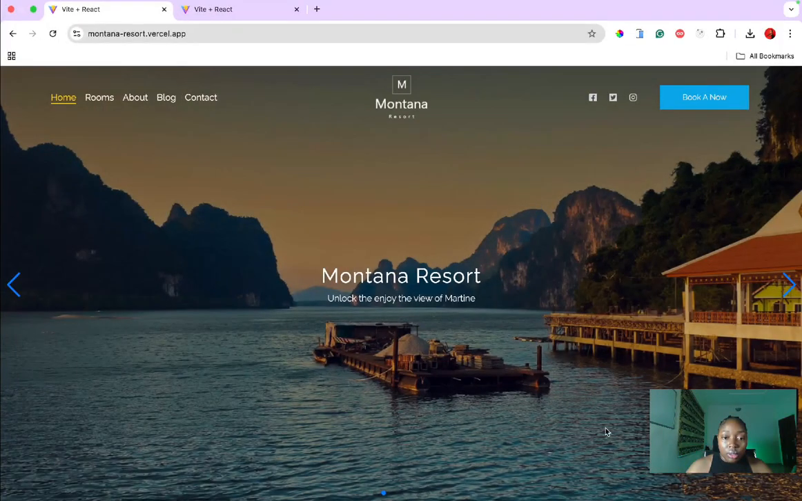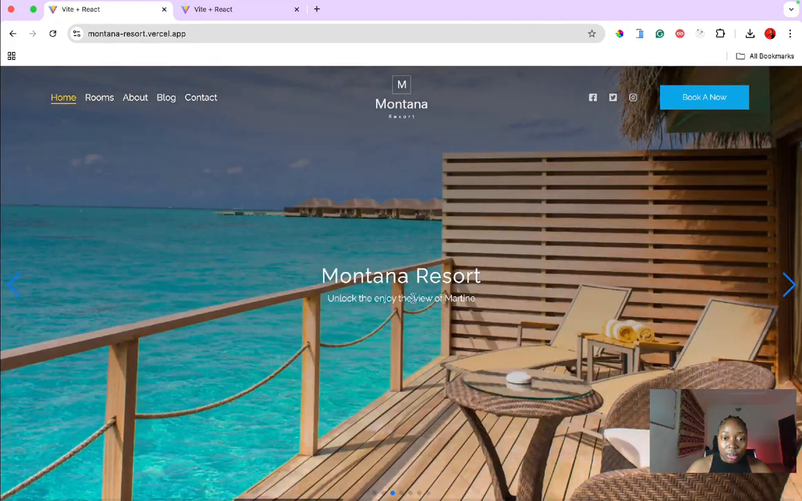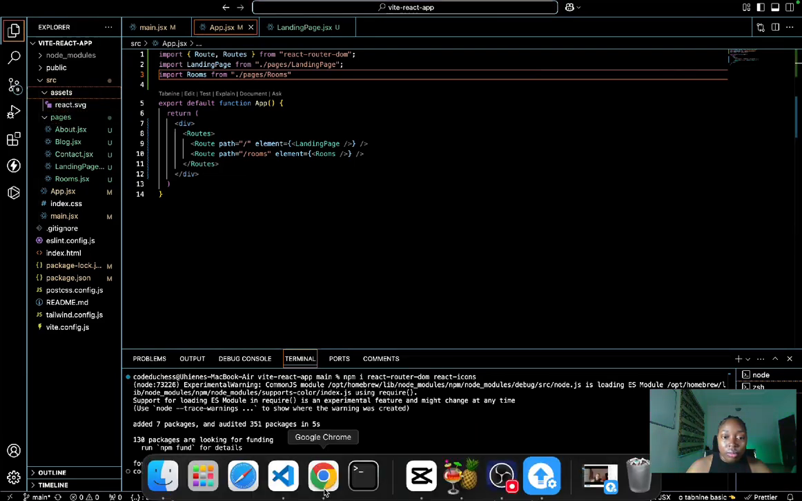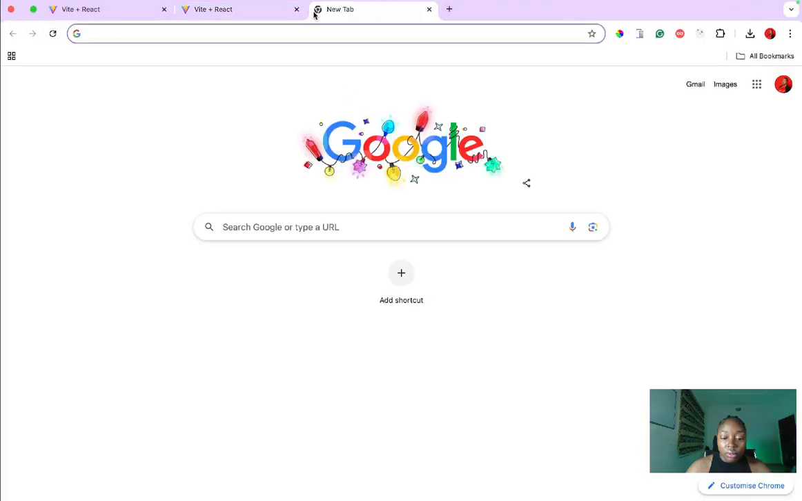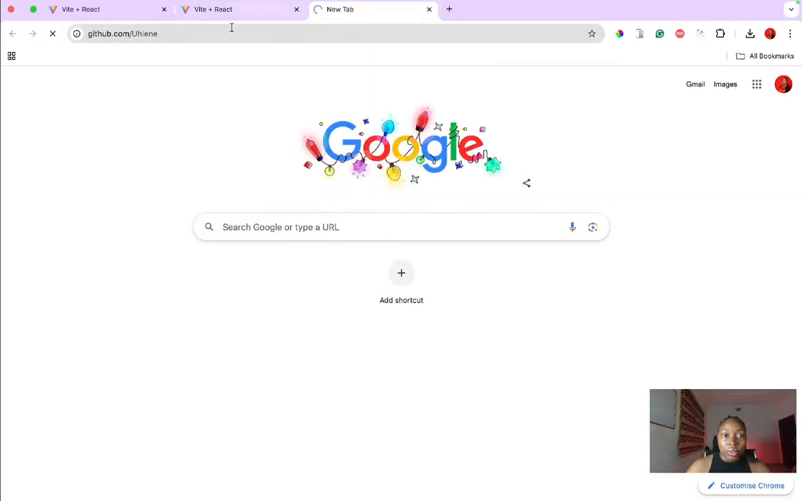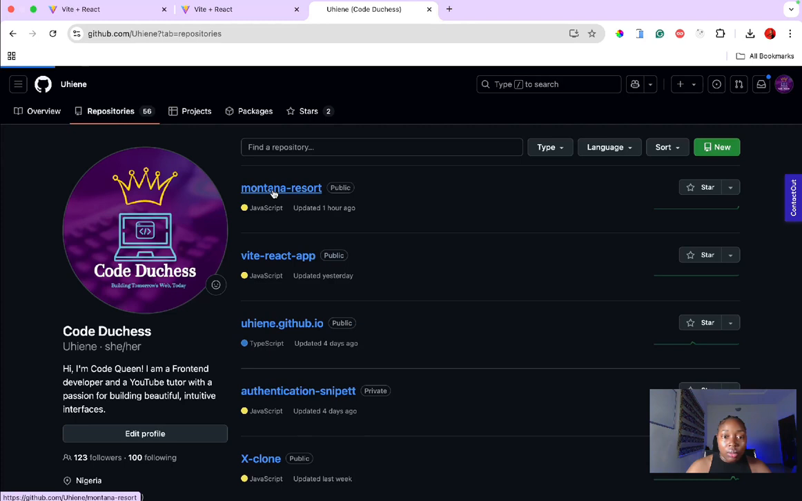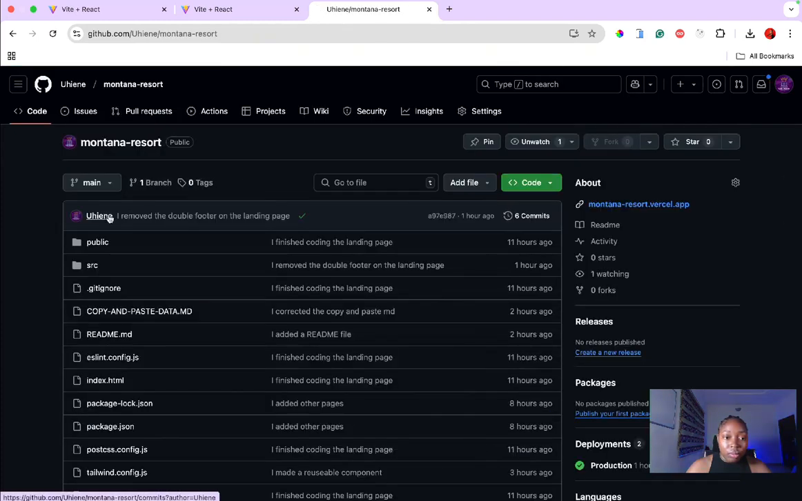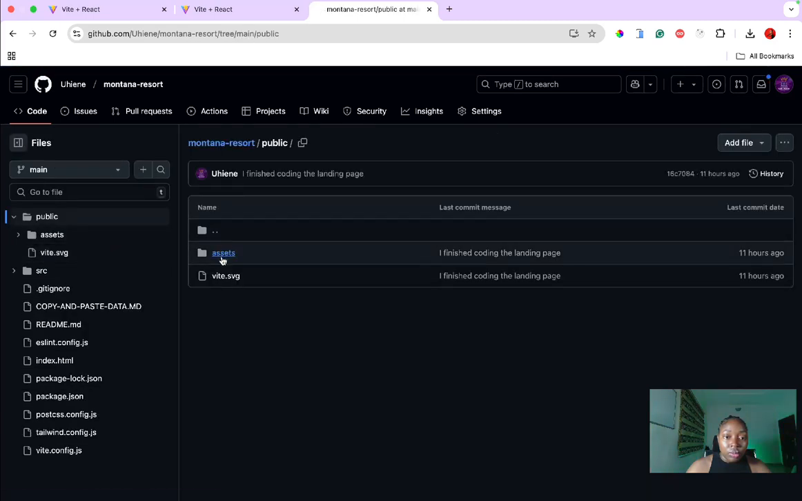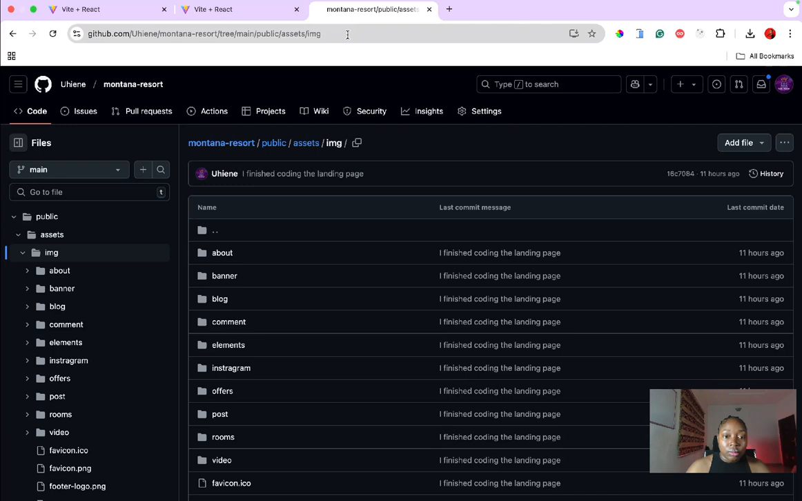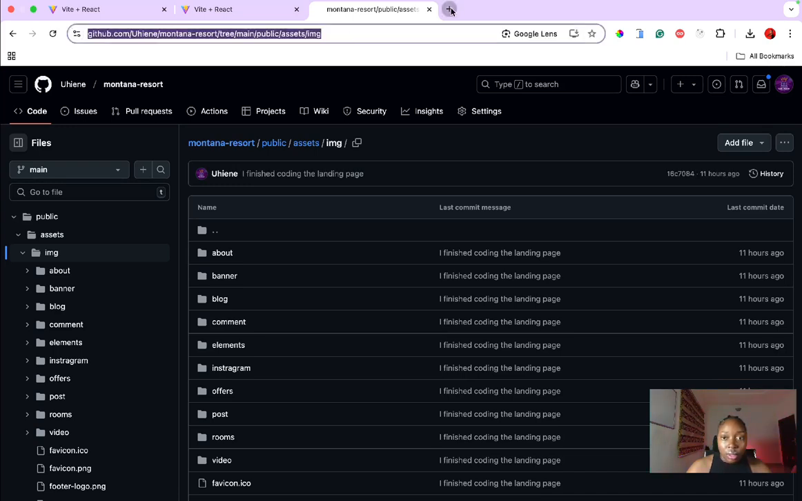I would like to create this hero that has this slider element. I would also like to import the images I used in this website. So head over to your browser, github.com/ohiene, that's my name. Go to repositories and go to Montana results. In here, we go to the public folder, and the assets, and the image. We copy this link and head over to